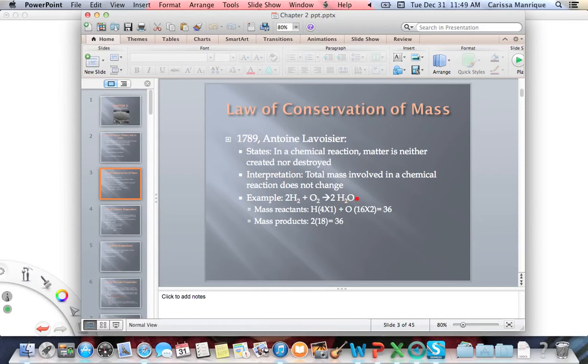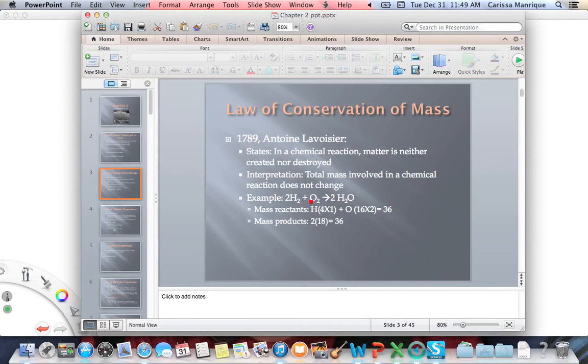Now we have water, which is 2. We have 2 hydrogens times 2, and oxygen, 2 times 1. So if we add this together, it's 36. We haven't done so much with coefficients and everything. This gets into chapter 3 a little bit, so if you're getting a little bit lost in what I'm doing here, don't worry too much about it. The point of this is, because we'll go over how to calculate this, we won't focus so much on how to calculate this,